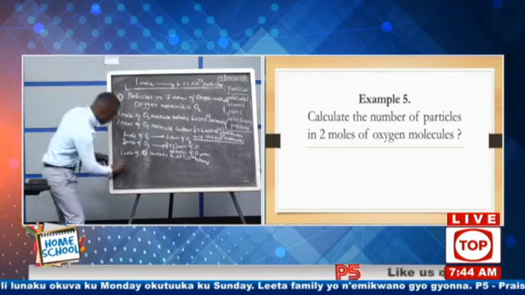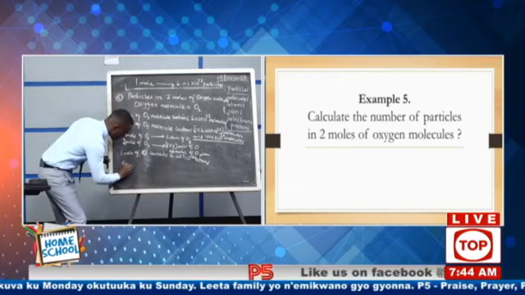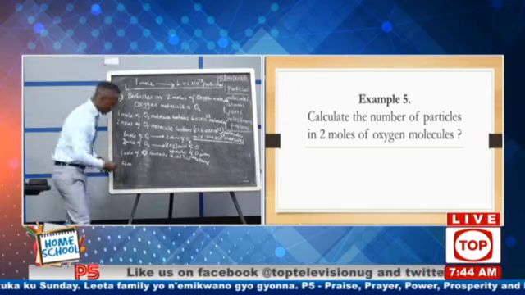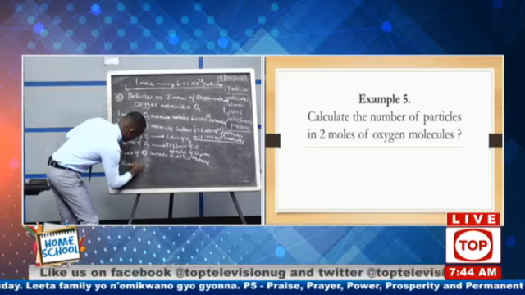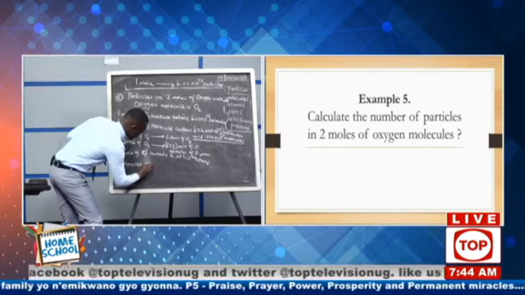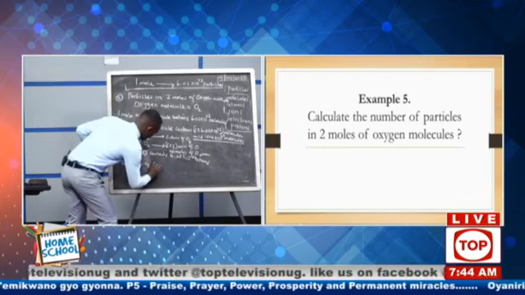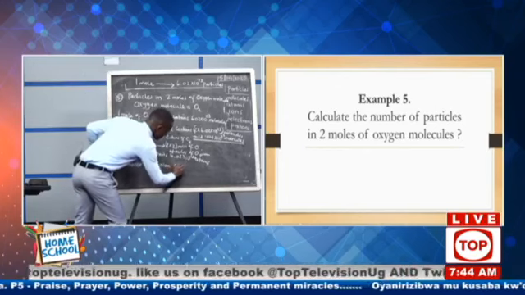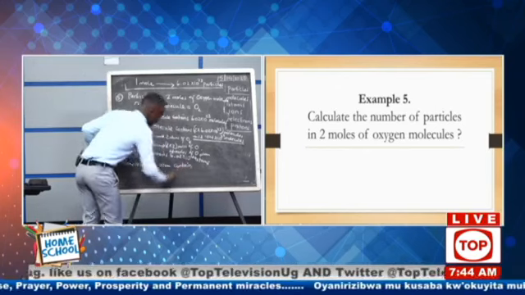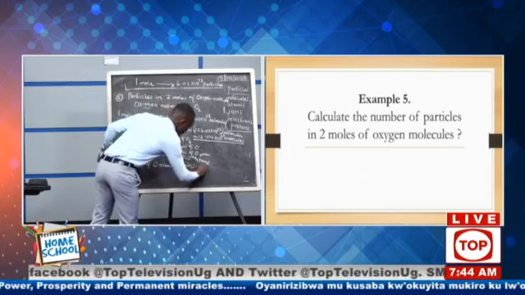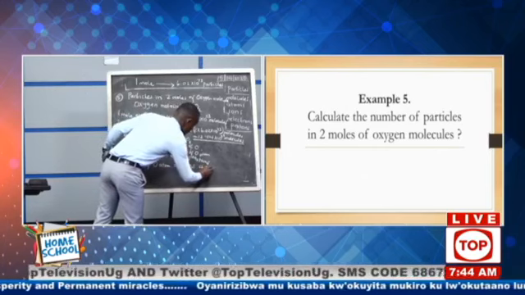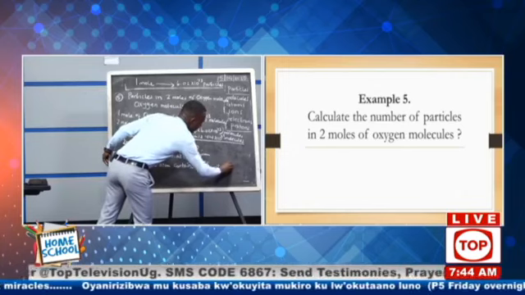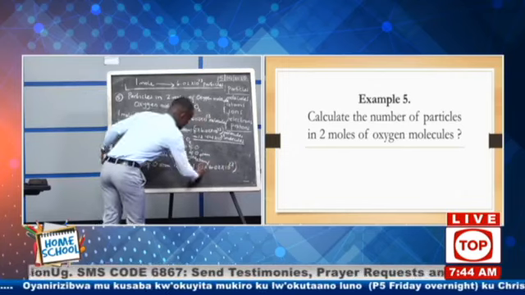Okay? Now what about 4 moles? 4 moles of oxygen atom will contain 4 times 6.02 times 10 power 23